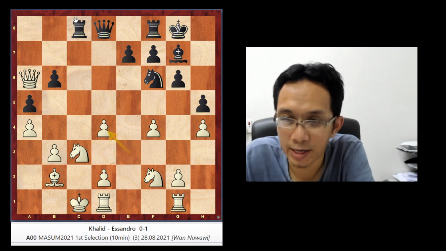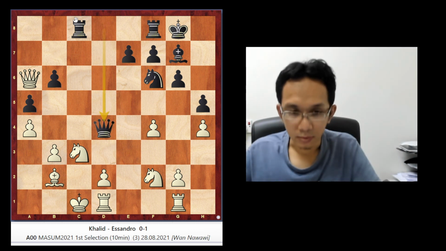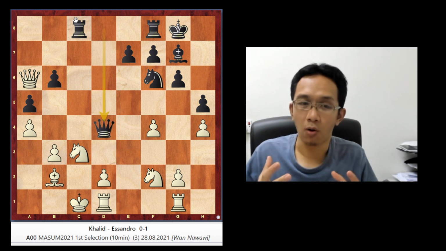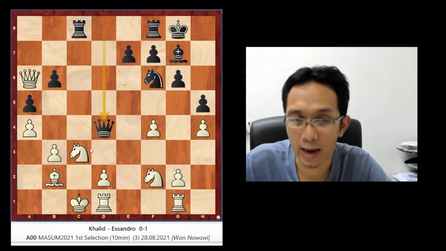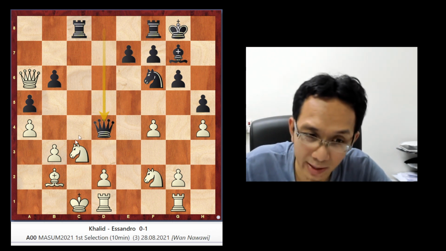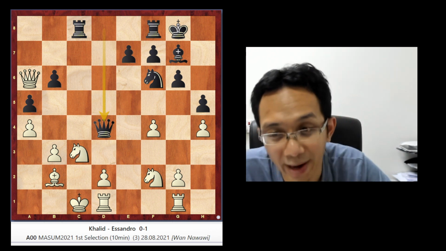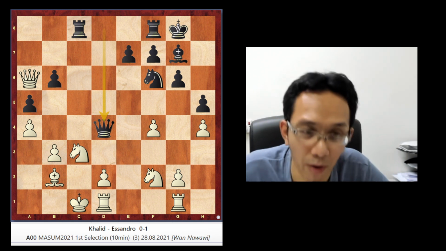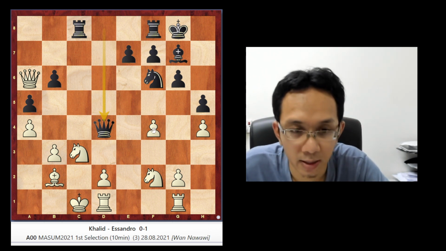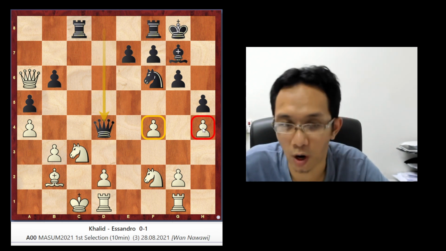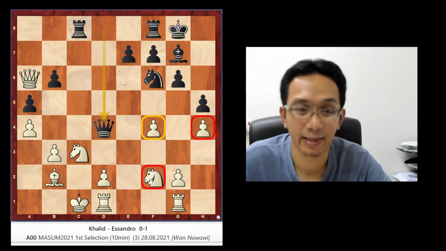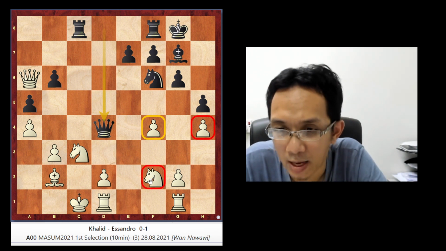So now queen takes d4. Queen takes d4. So now everything is attacking here and exploiting this thing. It seems that white cannot avoid losing pawn after pawn, because this is weak, this is weak, this is weak, and so on. And also at the same time now this is under attack. Okay.